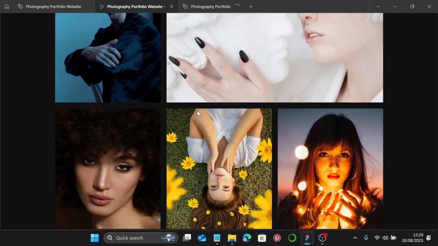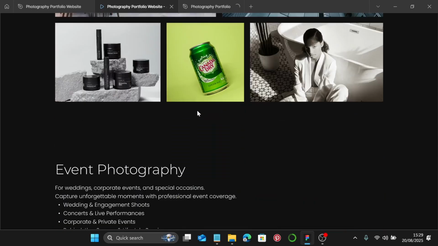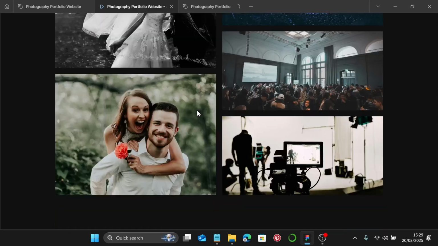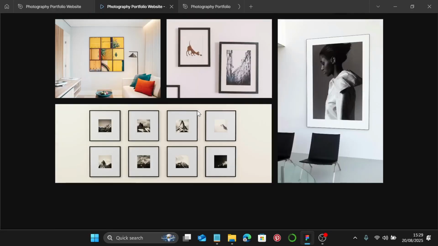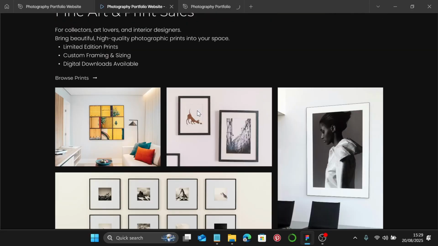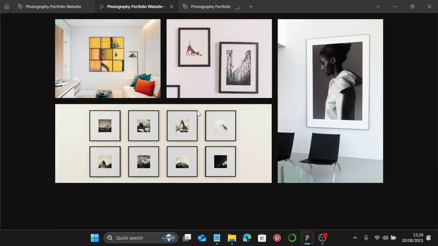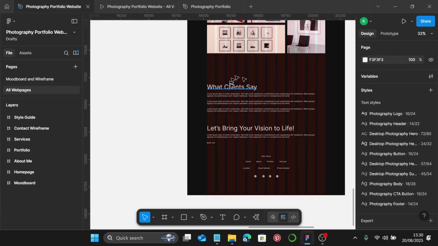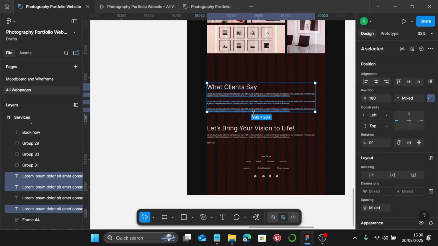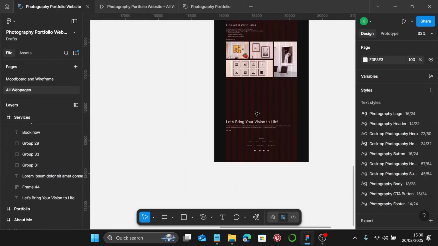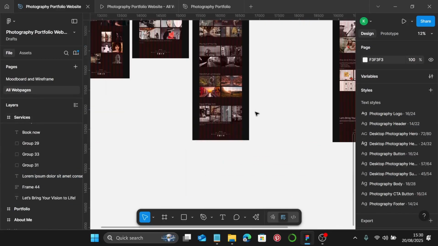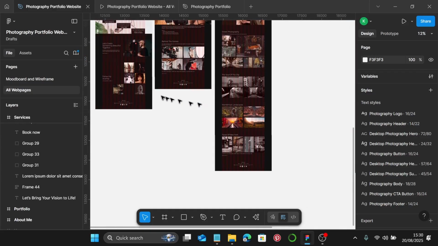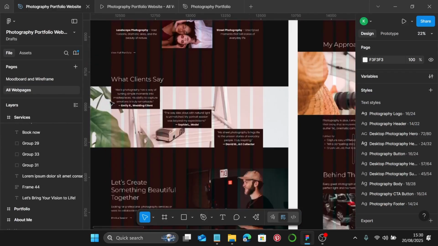Okay, so let's just scroll down in the services page, and yeah, we have events and prints, and that's what it looks like in the prototype view. The next section, which is this, what the client says, is just another copy of the one we did in the home page. I just added another one in that page, so I'll just go over to our home page,